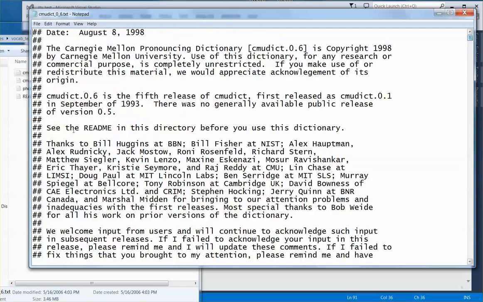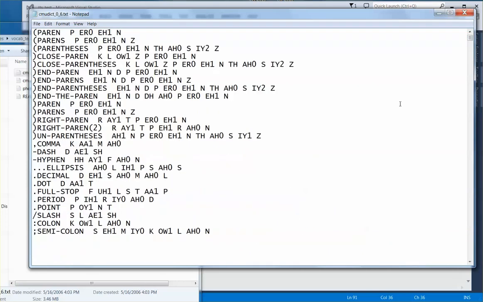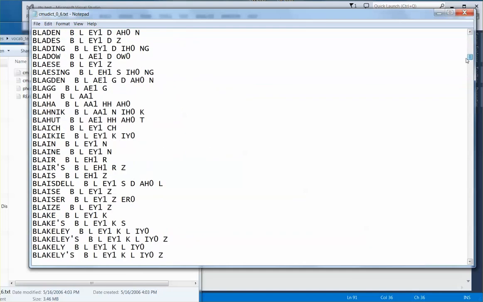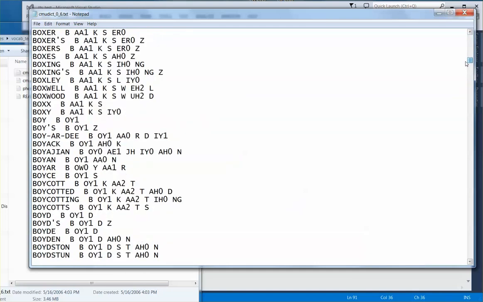Okay, so anything that starts with a pound sign is a comment. And let's just jump down to, say, the middle of it somewhere. Okay, so you see the word on the left-hand side. Each of these words is listed. You've got one word per line in the dictionary. And so,